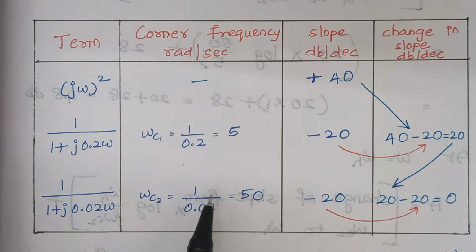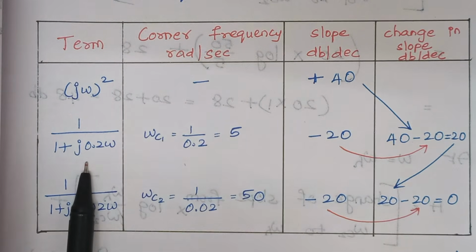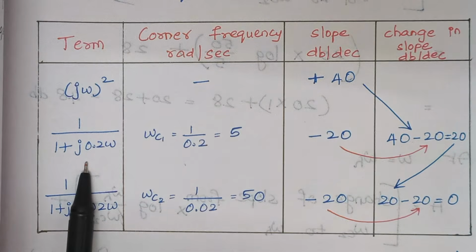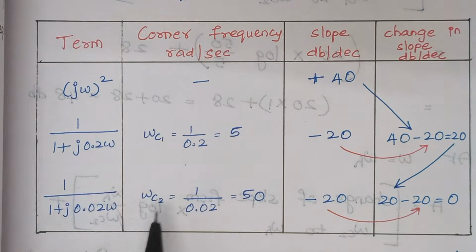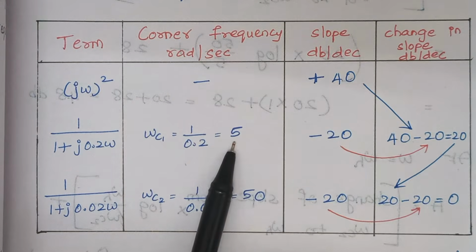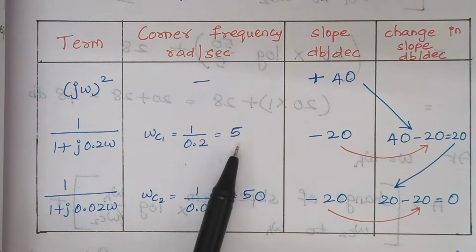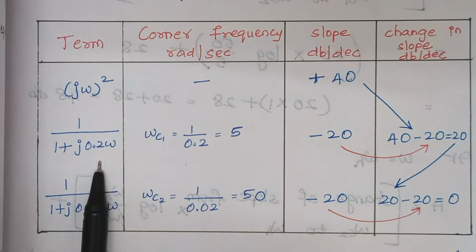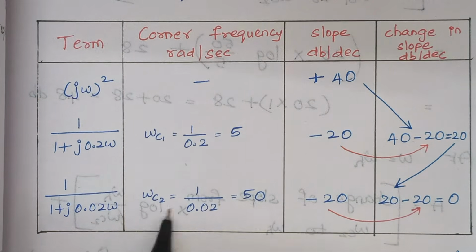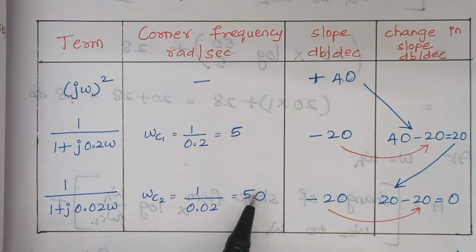You have to write the corner frequencies in ascending order and write the respective terms here. This is very, very important. You should not make any mistake over here. So omega C1 is given by this 5, and which term contributes this 5? This term had contributed the corner frequency as 5, so write that term. Similarly, the second corner frequency is 50, and write the respective term which had contributed this 50